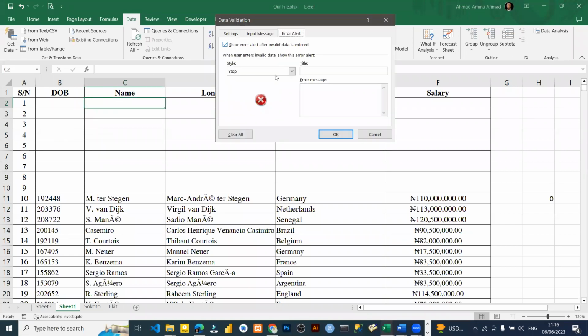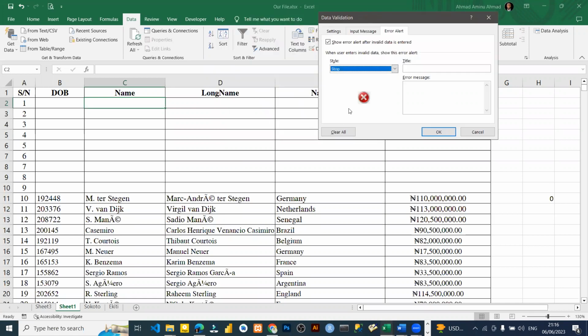So let's talk about the error message. The error message, we have three of them. We have stop, warning, and information. The information is the one I just explained, under warning. Let's start with the error message, the stop. This stop message that you see with this cancel is telling you that when you put anything that is not related to the criteria given to that particular cell, it will just tell you that you cannot put